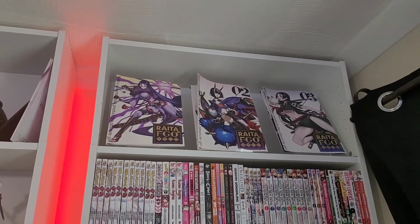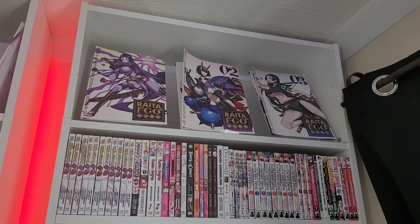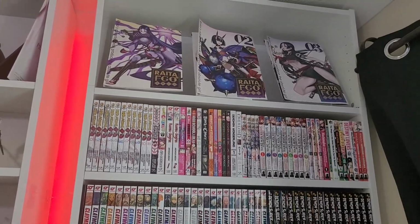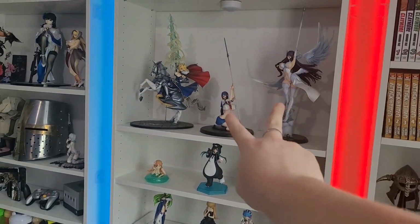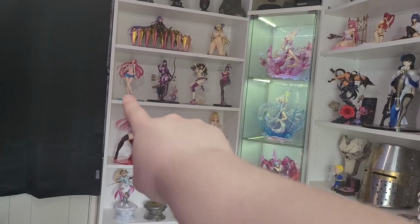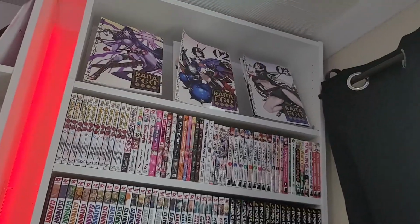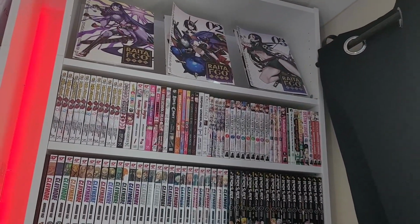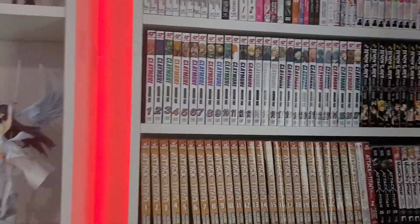So here is number 1, 2, and 3 of the Fate Grand Order art books, which Honjo is my favourite artist and illustrator, and he is the artist and illustrator that did Suzuhara and Erika and Raiko and Juliana. I really like his style, so then he has figures released, so I had to get them. But yeah, those books are amazing. I've done a YouTube video on those, so if you want to check what's in them. They are safe for work, a little spicy, but...